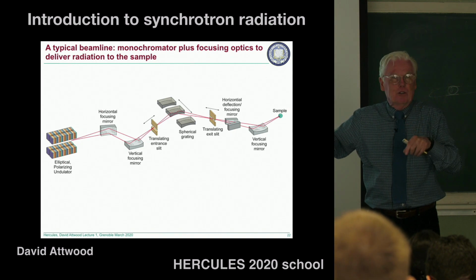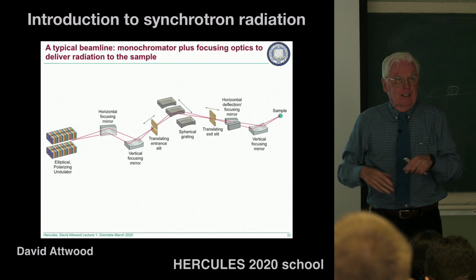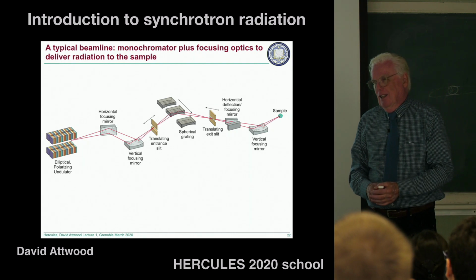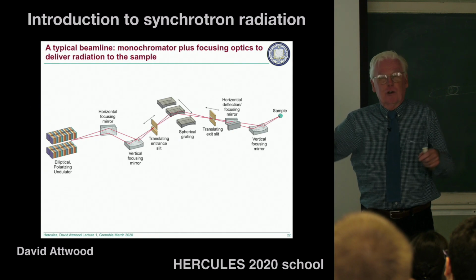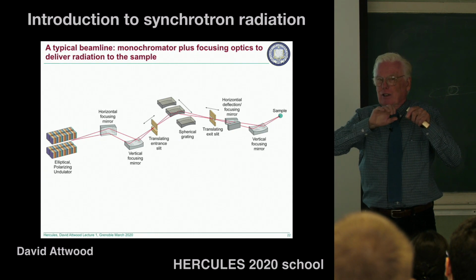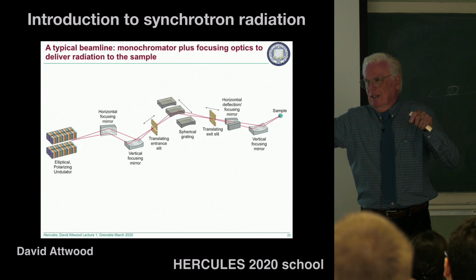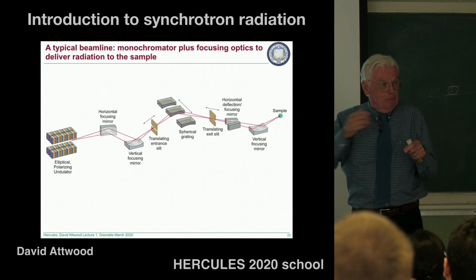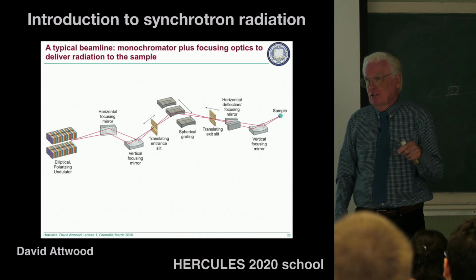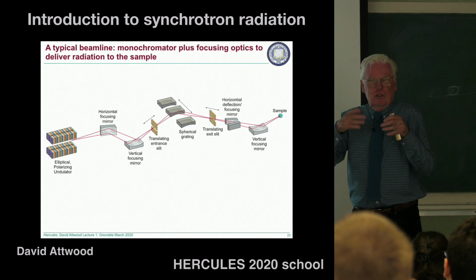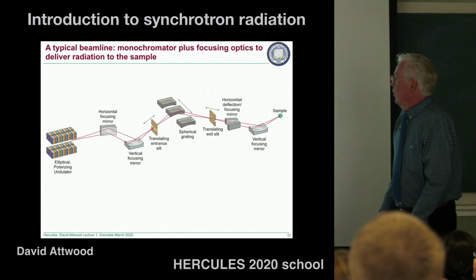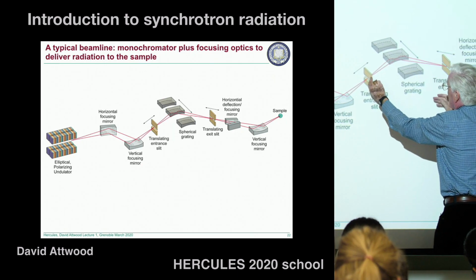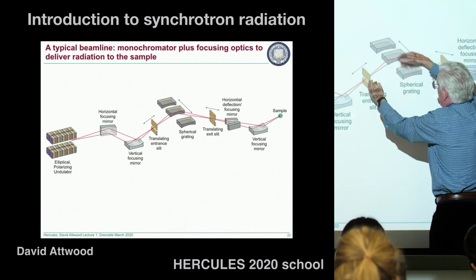So they wind up using water cooling or other techniques to carry away heat, and various aperture techniques, but your sample is a long way away, so your beam, even though the angle is small, is expanding, and you may want to focus it down to nanometers or something like that, certainly to microns, because of your sample structure. Okay? So you wind up introducing a monochromator, an entrance slit, some grating, which you might change depending